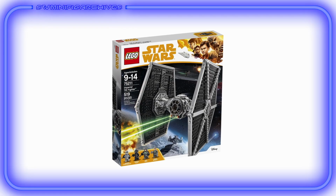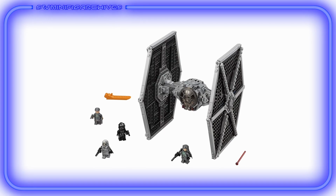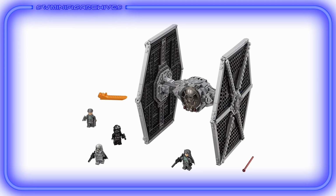Then comes what many people believe to be the best non-UCS TIE fighter that LEGO has done. Some people say it's even better than the UCS TIE fighter. And I don't think it is a mistake that when everything seems to be working cohesively behind the scenes at LEGO, things work. This 519 piece build had great proportions to the source material, something that is definitely lacking in the new TIE fighters. Then there are the minifigures, and particularly one of my favorites of all time from LEGO